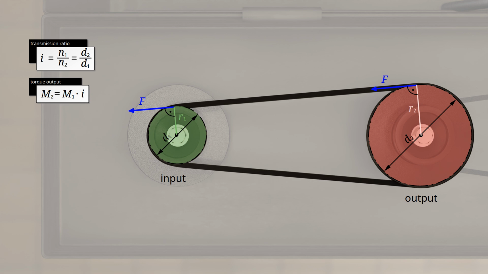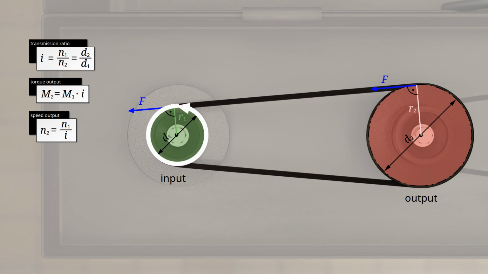For belt drives, the change in speed as a function of transmission ratio can be clearly explained by the different pulley circumferences. For example, when the small drive pulley completes one full revolution, it pulls the belt forward a distance equal to the circumference of the pulley. The large pulley will also move the same distance on its circumference. However, because it is larger, it will not complete a full revolution. For example, if the large pulley is twice the size and has twice the circumference, one revolution of the small pulley will move the large pulley only half a revolution. The rotational speed is therefore halved.